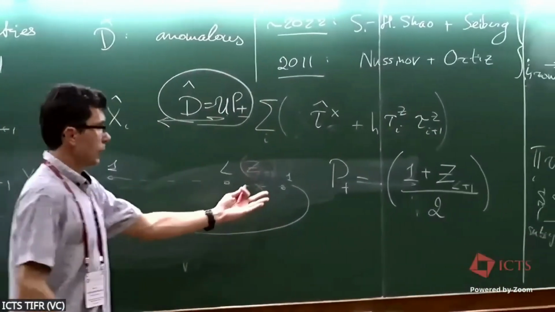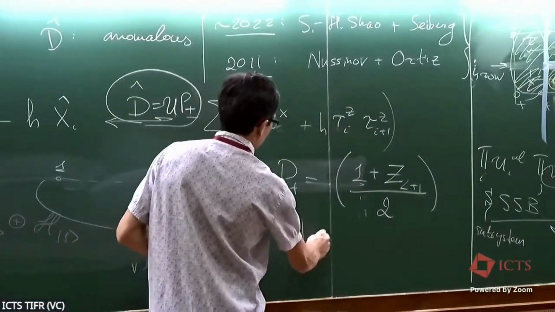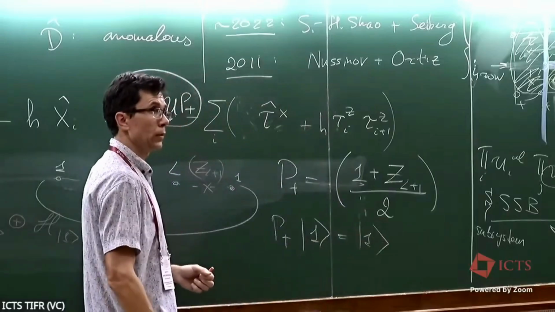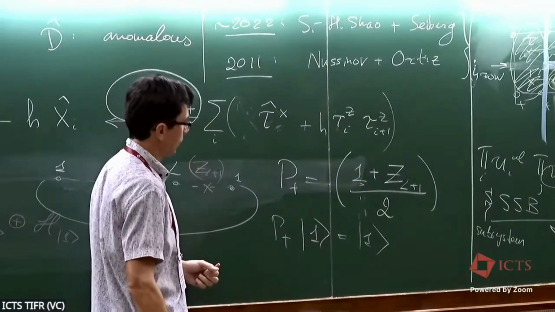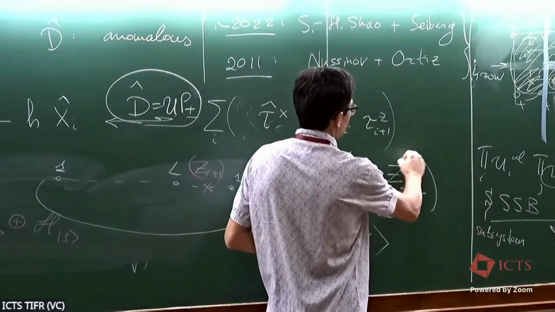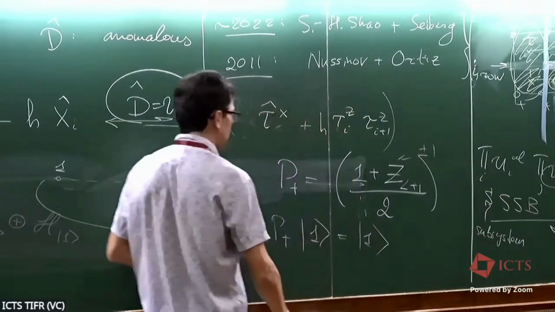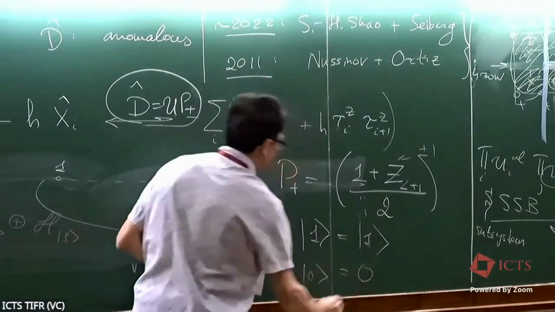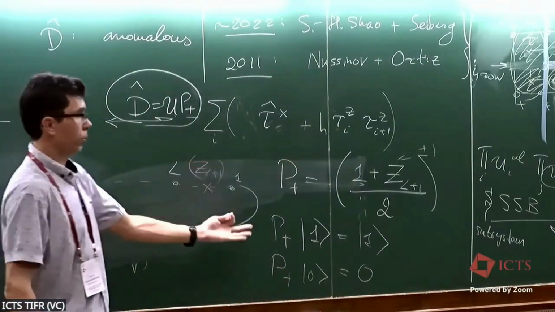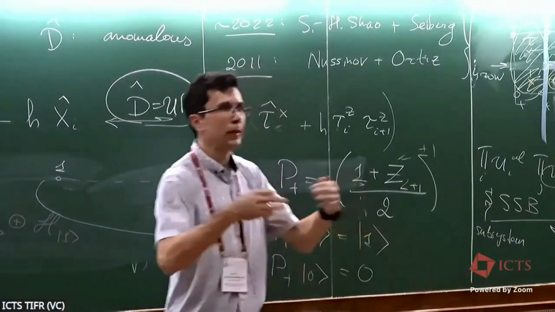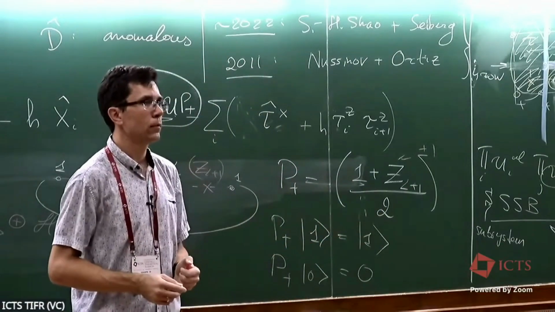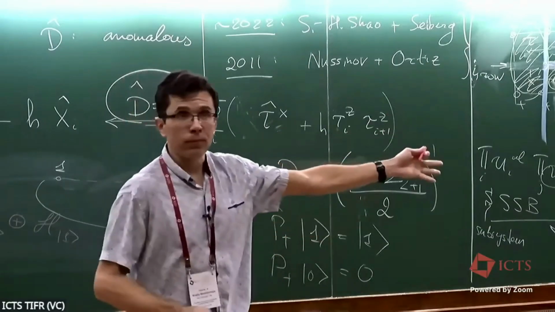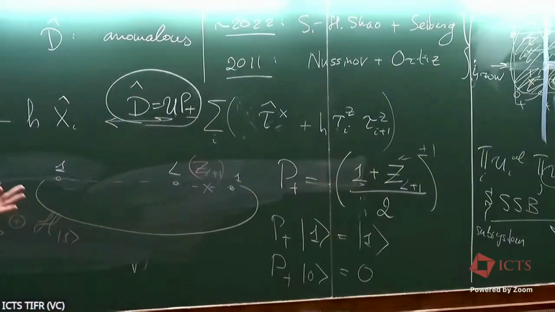What it does, it's P plus projects onto a state where the ancilla is in a 1 state. And otherwise, well, I've chosen here Z that's equal to plus or minus 1, right? And otherwise, if it acts on a 0 state, the result will be 0. So it projects onto the ancilla being, quote unquote, in the up state. Okay? So this makes Wigner very happy, because if you look now at the states that appear over there, this